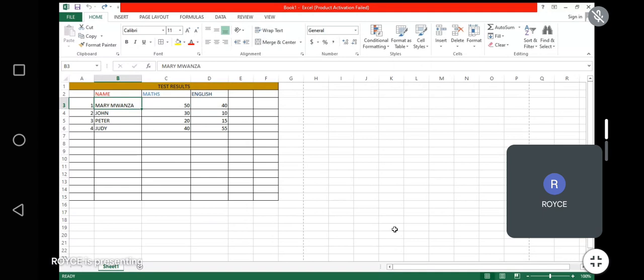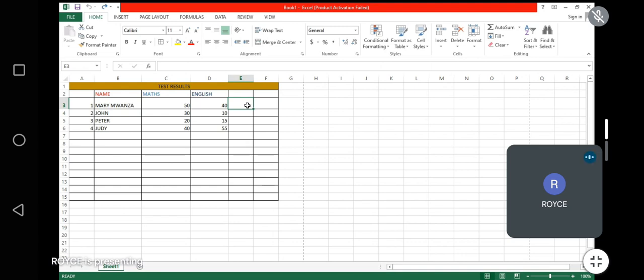We are going to use this same data that we have here. I mentioned that when you want to type a formula, you select the cell where you want your results to go. In this case, I've selected